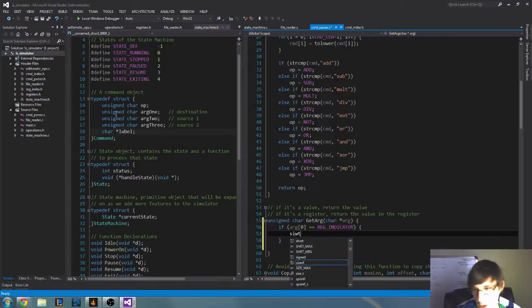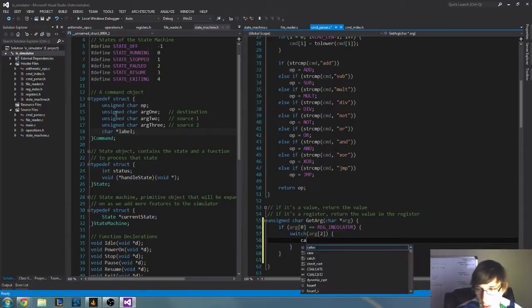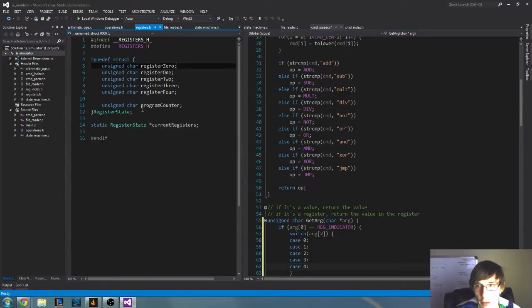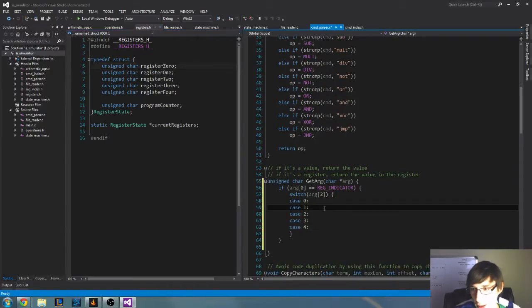So we want to switch arg2, and then case 0, case 1, case 2, case 3, case 4. And if we go back to here, we have our registers. So we only have 0, 1, 2, 3, 4 right now. And case 0, we will return